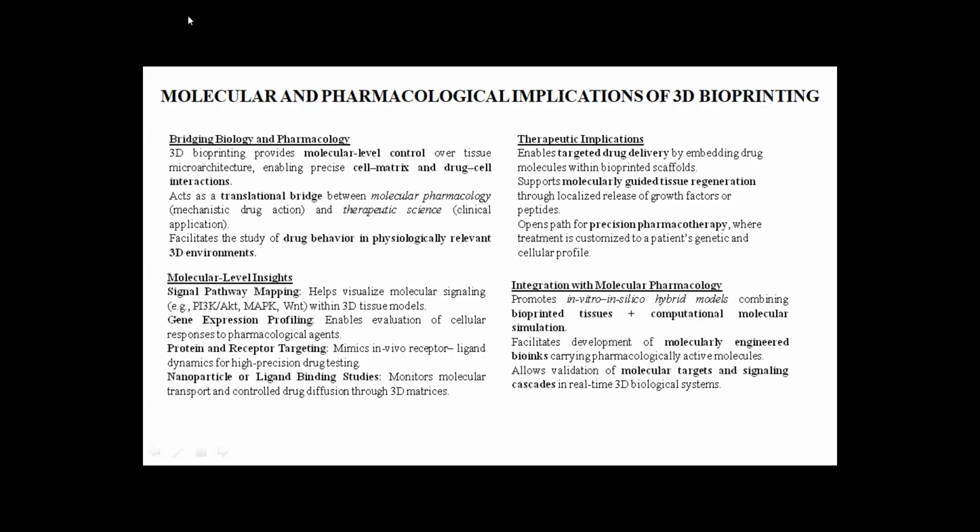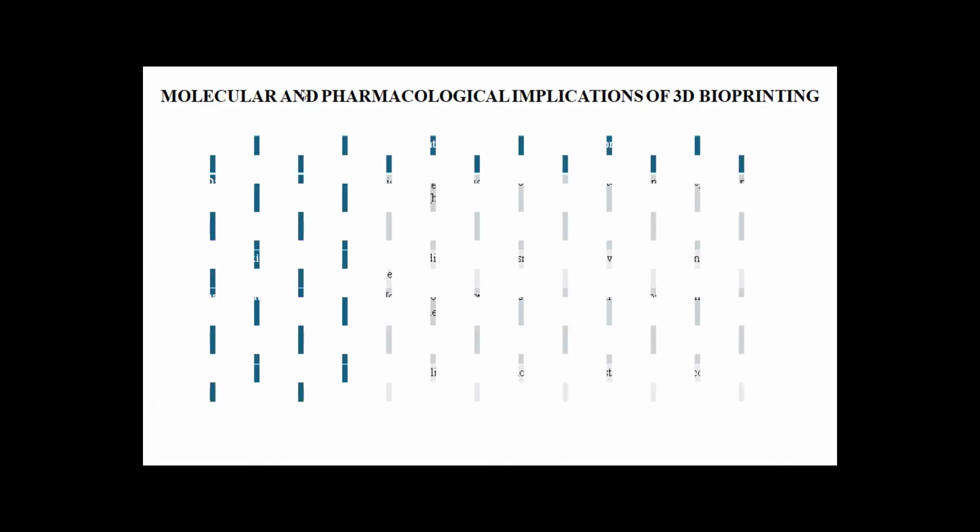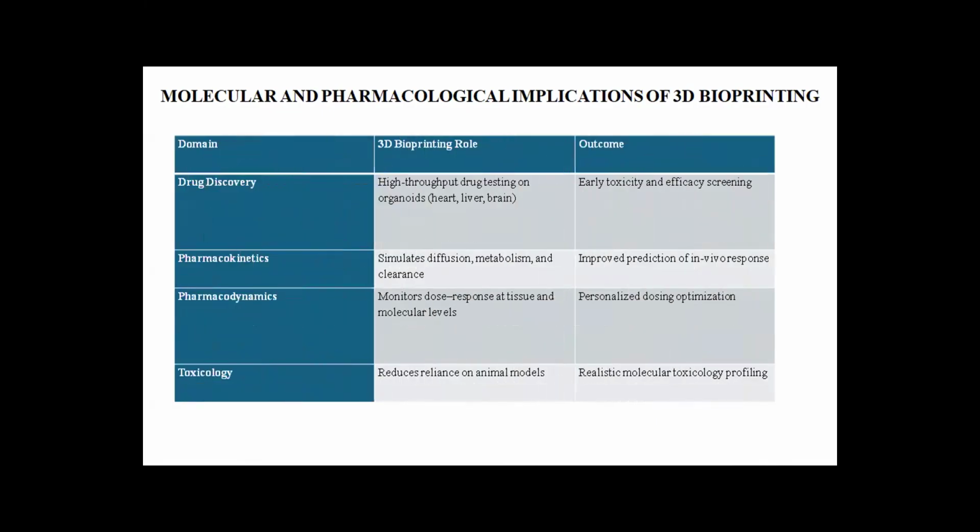Now let's talk about the biomedical and therapeutic applications. We use 3D printing in bone and cartilage regeneration, vascular and cartilage tissue engineering, and neuro tissue and spinal cord repair. And sometimes we can also use it in skin and soft tissue regeneration. Despite this, we are facing some limitations and challenges, like biological challenges, material constraints, technical and engineering issues, and pharmacological and translational challenges.